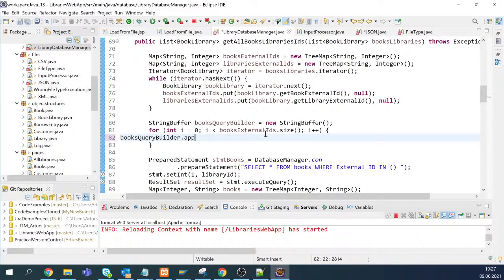So now we should fill these entries using the result we have here. So I'm going to go through all the results and then we will do it here. So while it has next, yeah, we have several points here. First of all, we can fill this structure, book name. And we put the